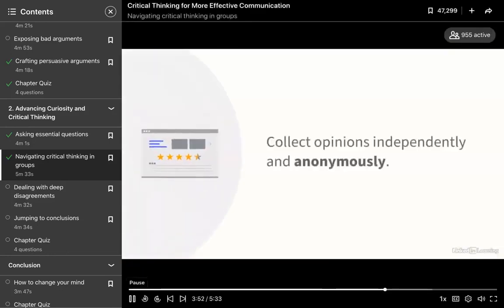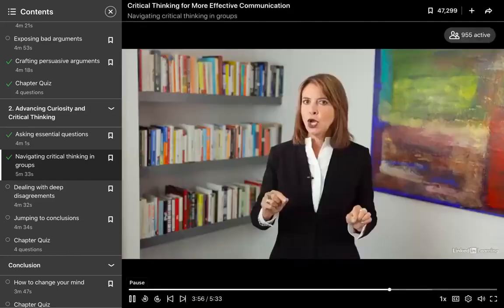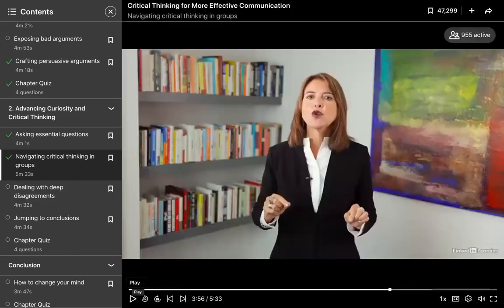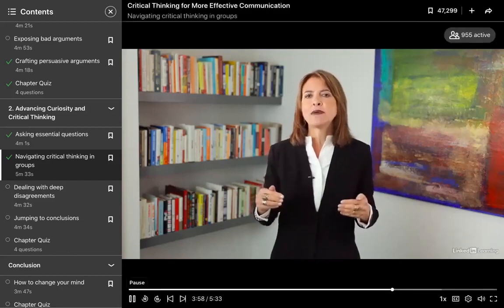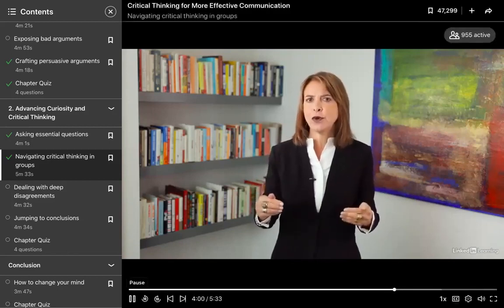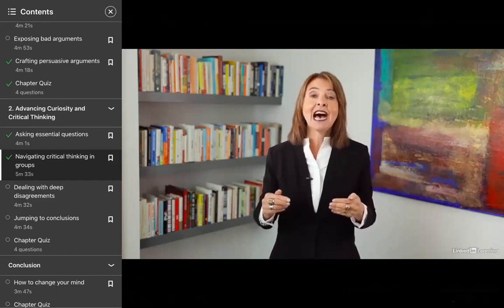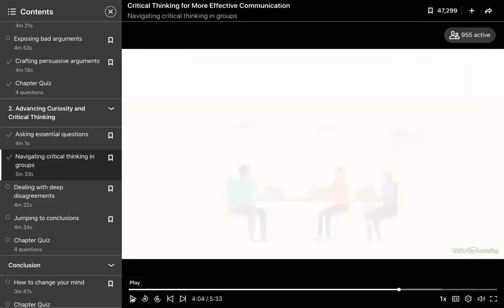Collect opinions independently and anonymously. So for example, when you're debating your opinion about the topic that I'm going to give you after the break to discuss, you don't need to mention your name and so on. You need to express your opinion openly and then challenge the opinion. Groups can yield powerful sway over people who might privately disagree and possess unexplored insights. With the documentation, that is important.